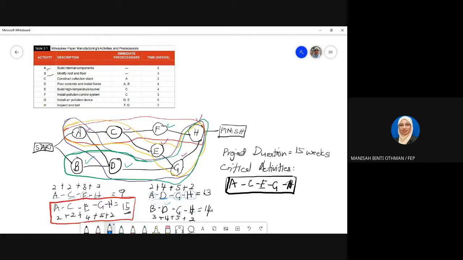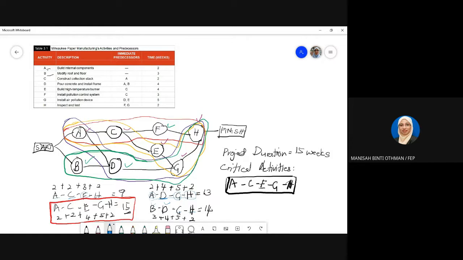When you want to do a business project, you have a lot of activities, very complicated, so you cannot plan like this, build an internal component only. You have to put sub activities under that main activity: what you need to complete to build the internal component. So many things under that. So this is very general, very basic. Normally when we plan a project, build internal component, under that are the sub work,